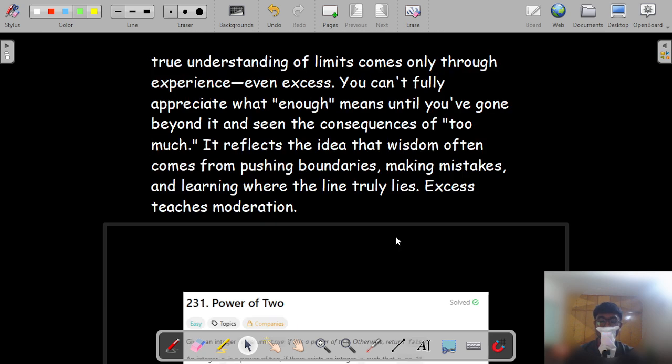True understanding of limits comes only through experience. Even excess, you cannot fully appreciate what's enough. Means, until you've gone beyond it and seen the consequences of too much. It reflects the idea that wisdom often comes from pushing boundaries, making mistakes, and learning where the line truly lies. Excess teaches